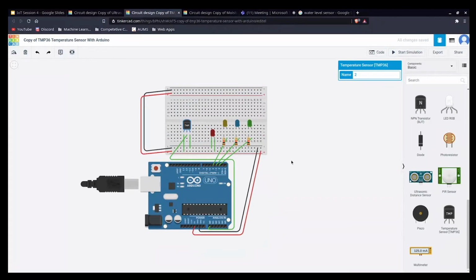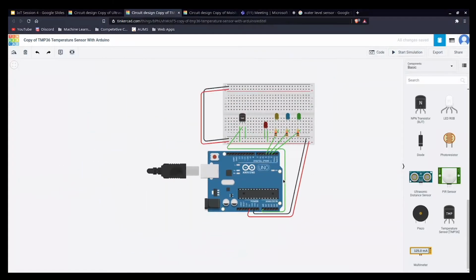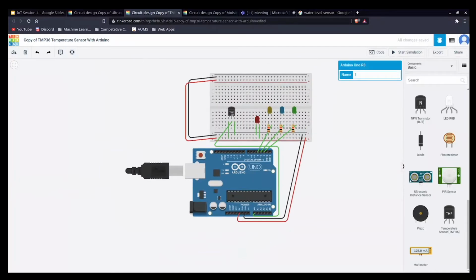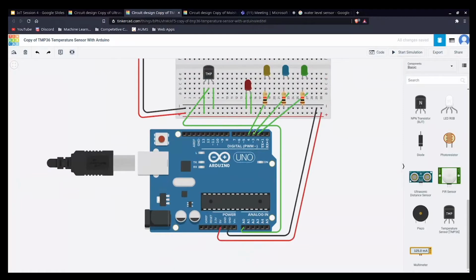Okay, so let's go through fast. This is the Arduino board and this is the temperature sensor. We'll go through the circuit. Here we are using pins 2, 3, 4. So pin 2 is for the first LED. The connection goes through this line and then to the pin. Through the LED we go to the cathode. This is all in series, so we go back to the resistor and here.